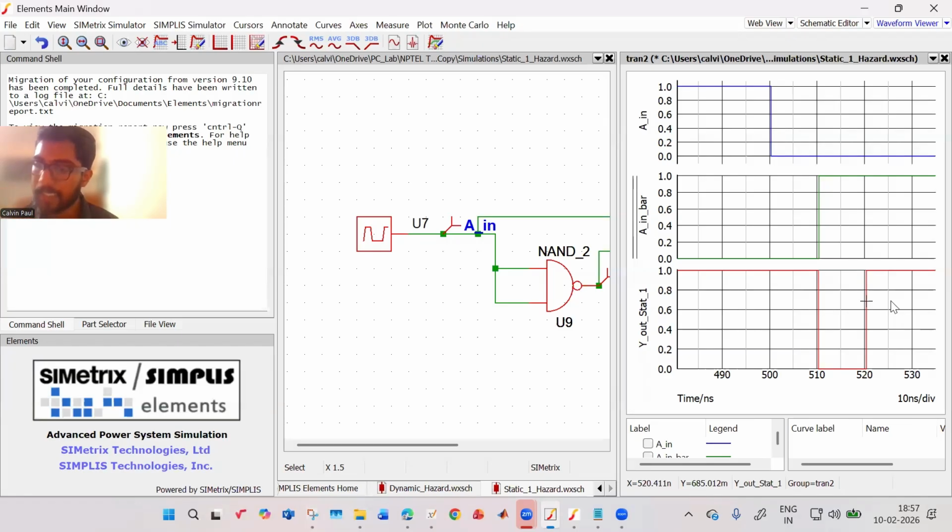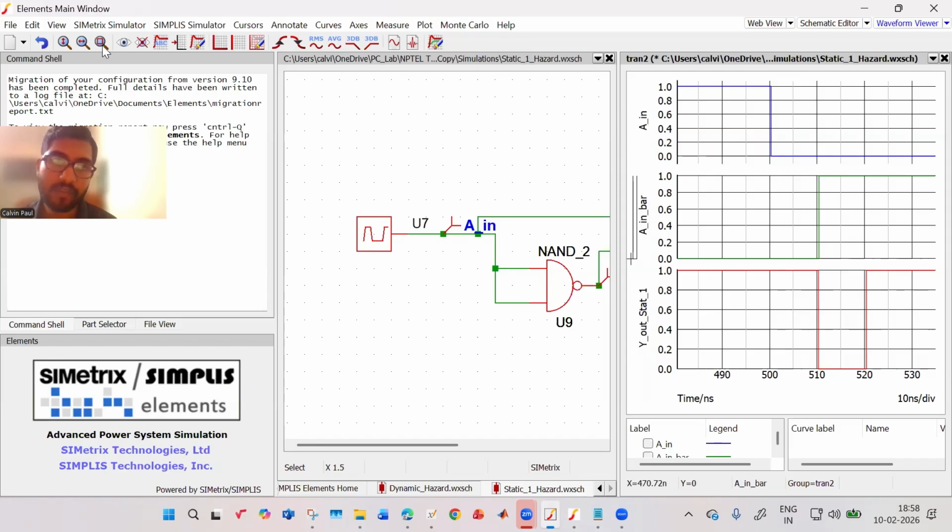So this is the thing about static 1 hazard. What it means is your output should be 1. It should be 1, regardless of how your input changes. But because of the delay in your logic gates, there is a condition where this can fail, where for a small duration, which is dependent on the propagation delay of your logic gates, your output will have a